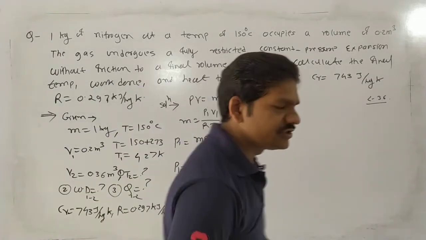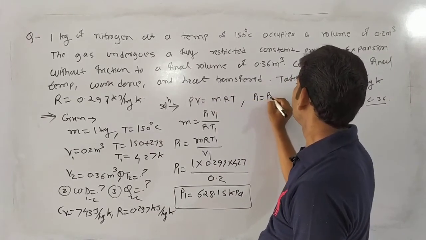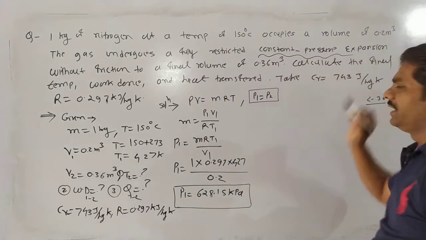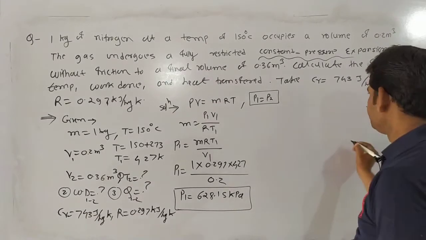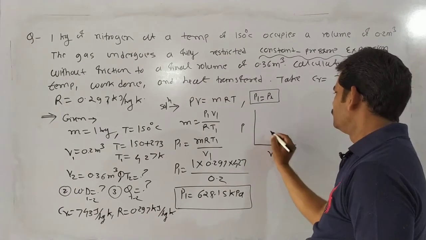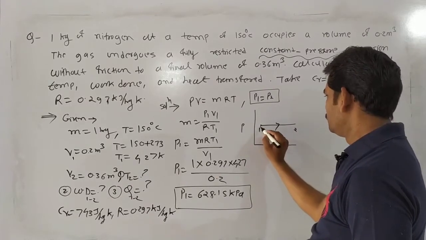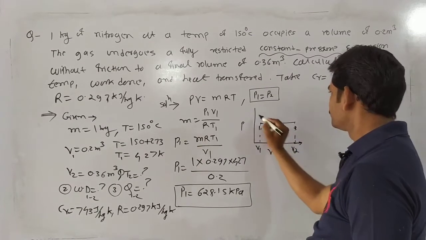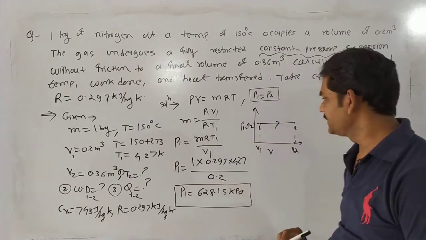This is the pressure of the constant pressure process. So here P1 is equal to P2 because the process which is given is constant pressure expansion. What is the diagram, boys? The diagram is in this way. Pressure versus volume. So this is the expansion 1 to 2. In expansion only volume increases, but there is no change in pressure. The pressure P1 is equal to P2.